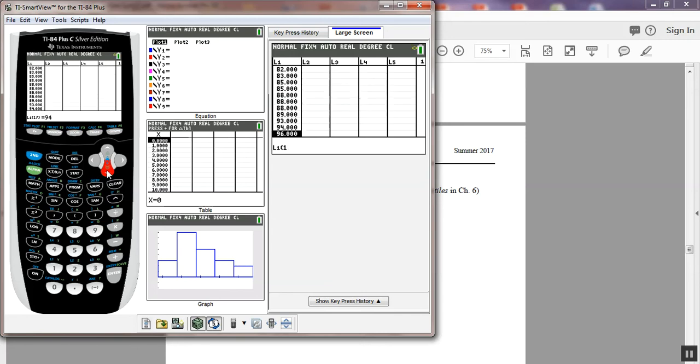Just 89, 93, 94, and it looks like we've just got singles of those. So in this here, we could say it is bimodal. It has a mode at 88, because there's 3 of them, and another mode at 80. So that's one way to look at the mode. It is more difficult than any of the other things because it doesn't just spit it out. That's it for this video.